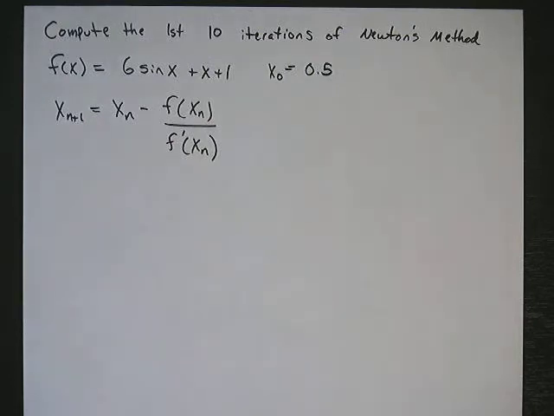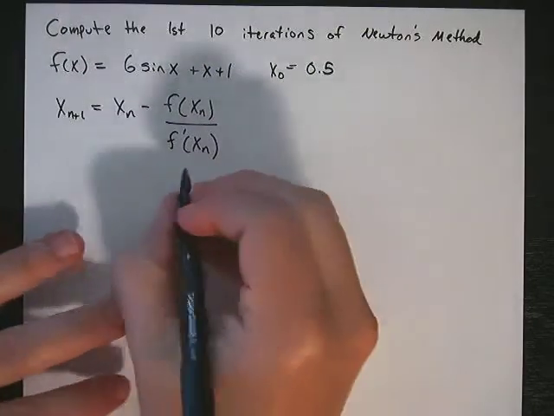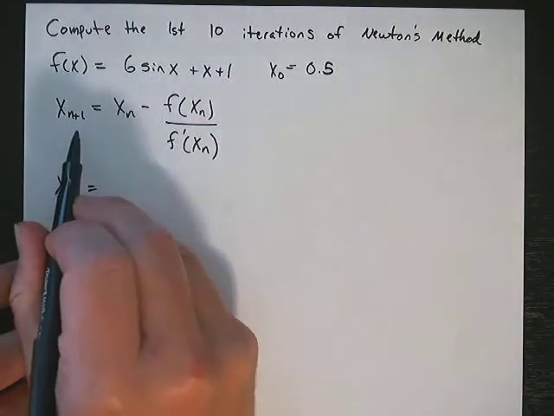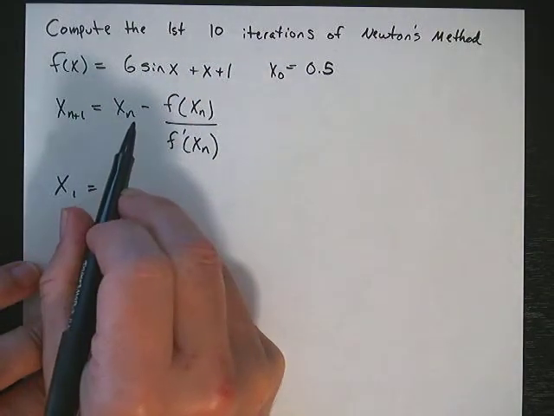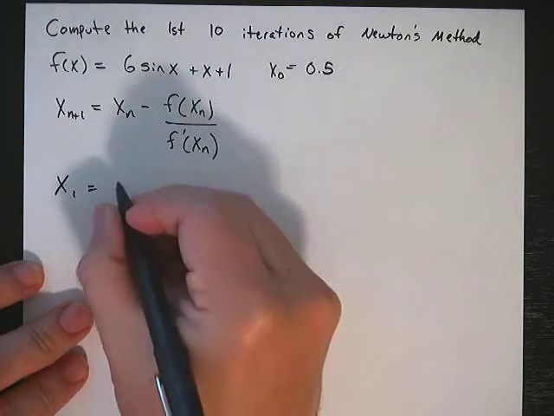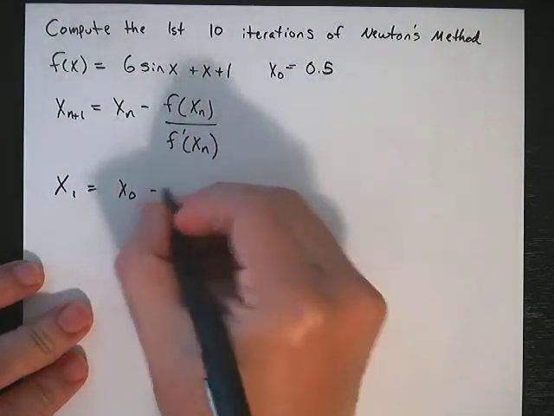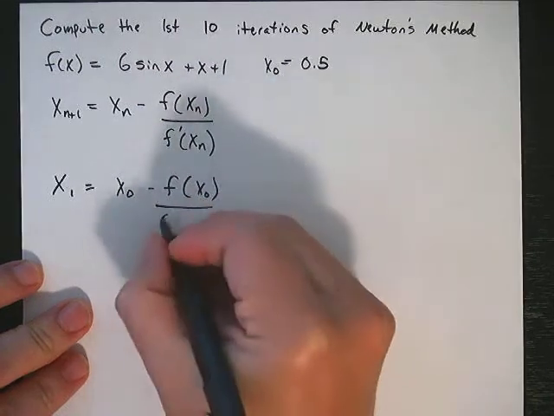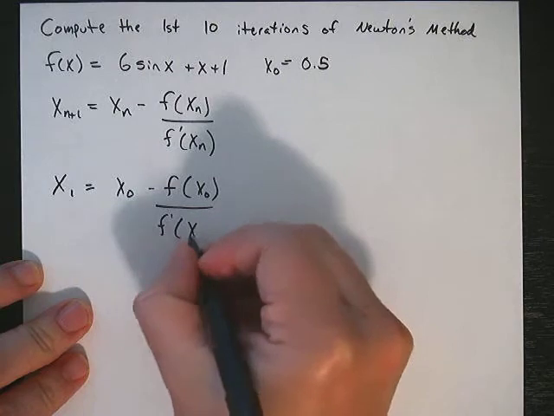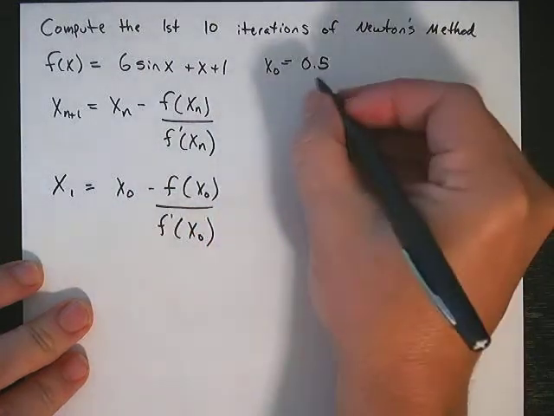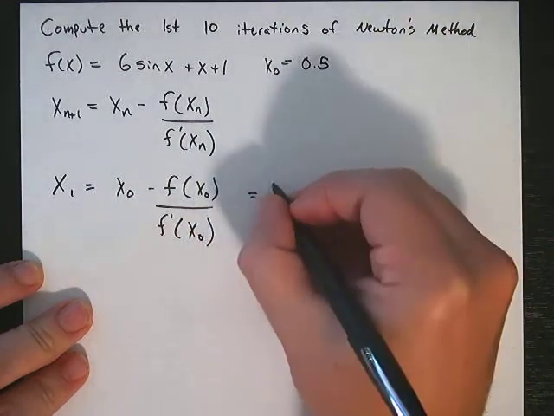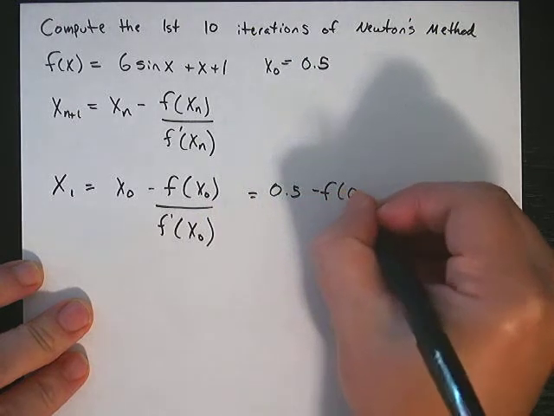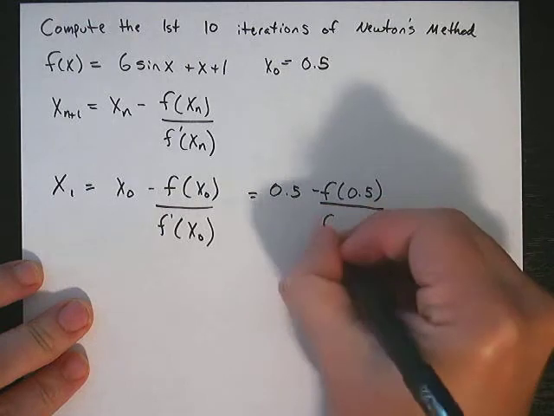So the first thing that we want to find is the first iteration, so we find x sub 1. Notice that this is x sub n plus 1, and this is x sub n, so this is 1 less. So this is going to be x sub 0, and so are both of these, minus f of x sub 0 divided by f prime of x sub 0. We're given that x sub 0 is 0.5, so that is 0.5 minus f of 0.5 divided by f prime